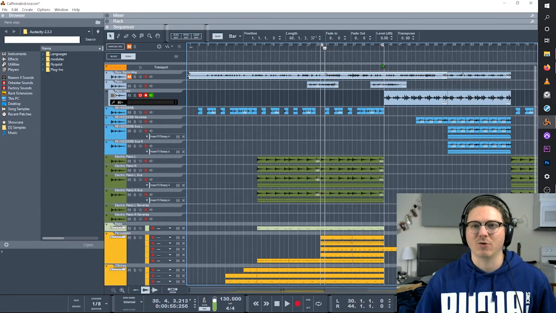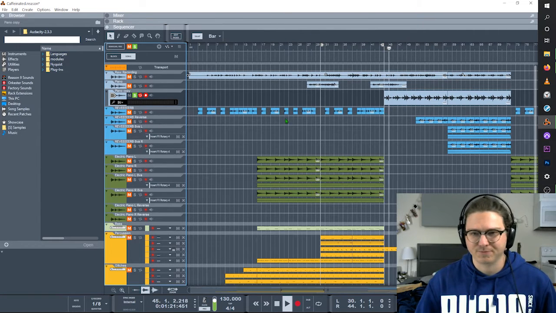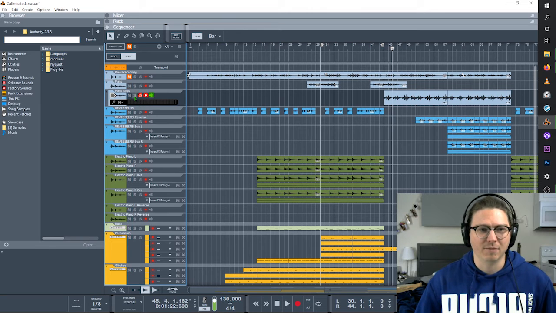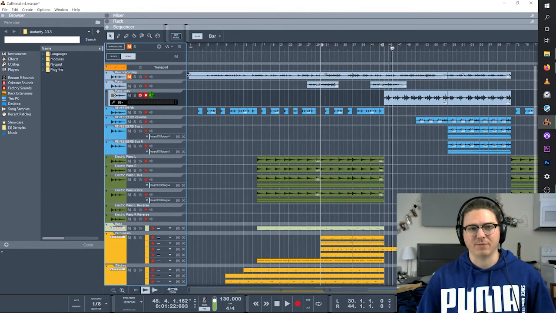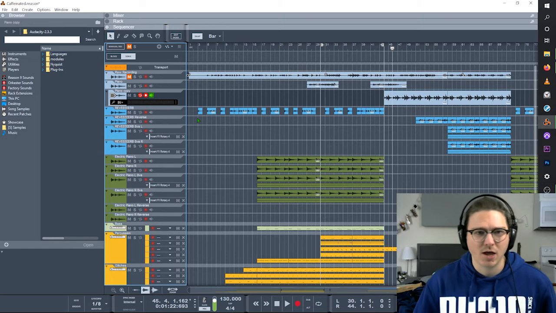Okay, next one, piano copy. So this is another thing I played. It's just chords in the middle. That's it. Another piano take. I'm pretty sure they have the same effects, which we'll get into. All right,